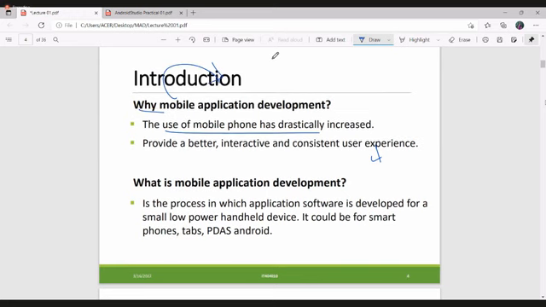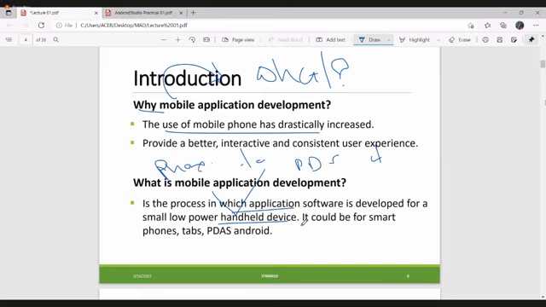Then let's discuss what mobile application development is. Mobile application development is the process of developing a software application for small, low-power handheld devices. When we talk about these handheld devices, we can take phones, tabs and PDAs as